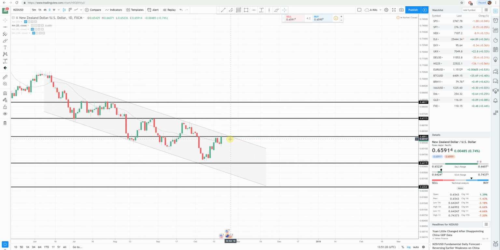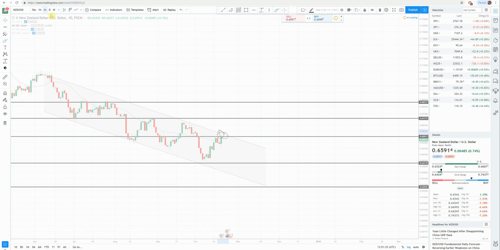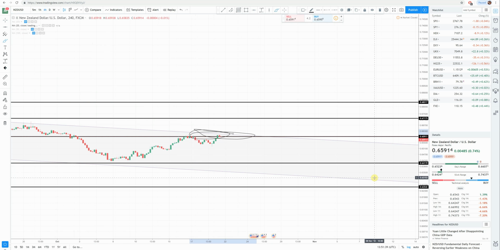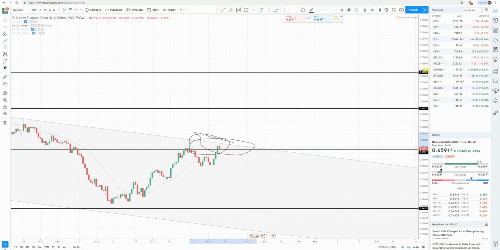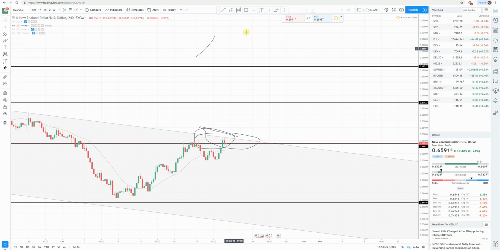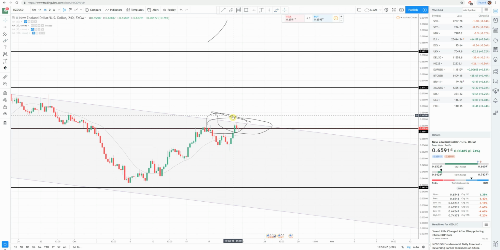Again, we are on a very pivotal level for this pair here. On the intraday chart, I will wait for this. I will wait for the reaction